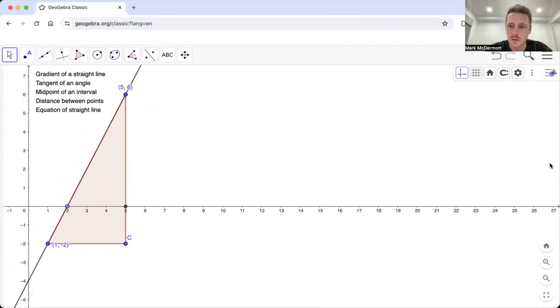Now you're probably thinking more generally, how would we work out the equation of the line? Well, yeah, I suppose what we could say is this. We know that the gradient is equal to y2